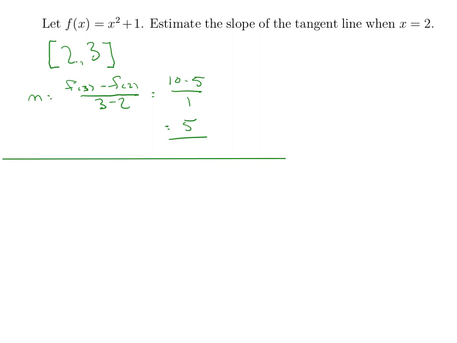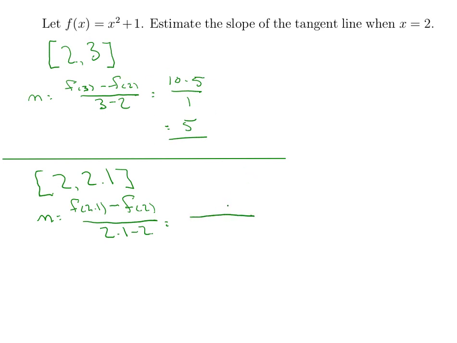Let's look at maybe the estimation of the slope between 2 and, let's get close, let's call this 2.1 here. I'll probably need to bring up my calculator in a second to find some of these values, because now I'll plug 2.1 into this thing. I'll plug 2 into there, and I'll look at 2.1 minus 2. Some of these I already know. I already know f of 2. It's 5. So I'm going to have something minus 5 over